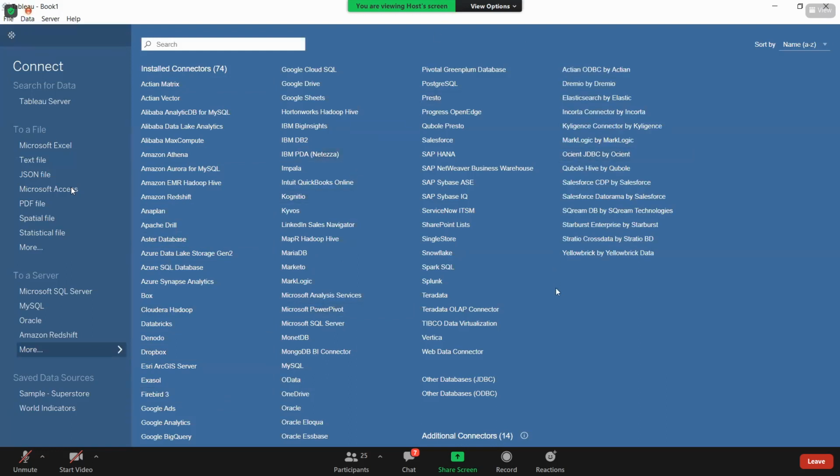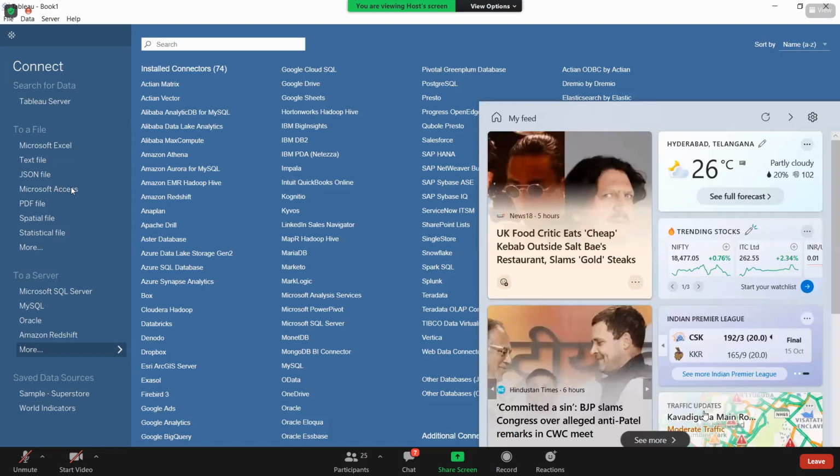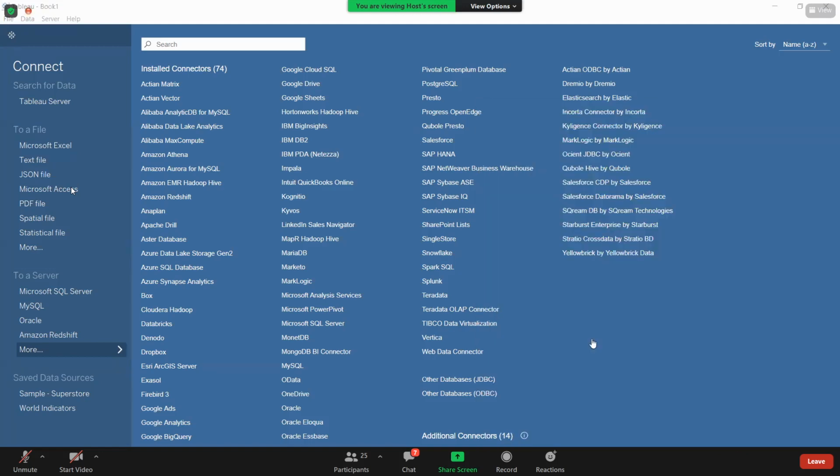And if Tableau is not providing any native connectivity, then you can connect with this JDBC and ODBC connectivity. You're getting the point, right? Hardly most of the servers are covered under this, but if any server you are unable to connect through native connectivity, then you can connect through JDBC and ODBC connectivity types.